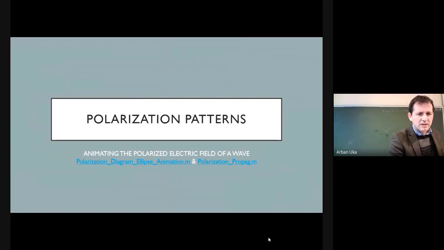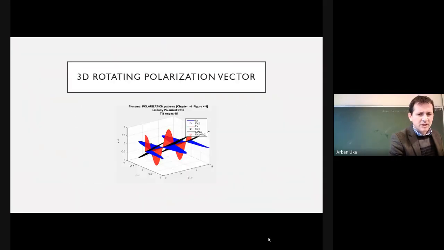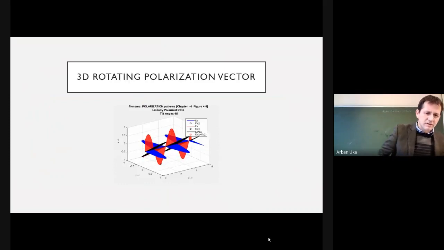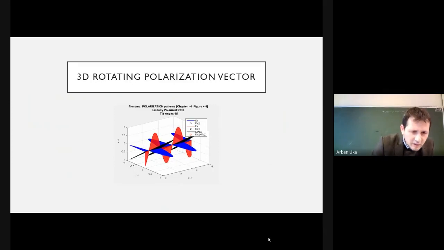We have also the polarization patterns, and in the polarization patterns, these are the major aspects. Here, for example, you can also construct GIFs using these functions. So here you can see how the polarization is evolving as a function of Z.